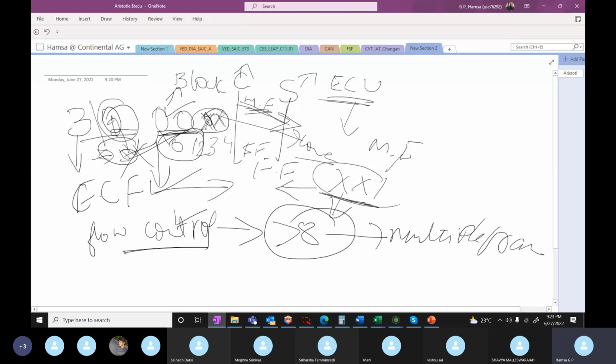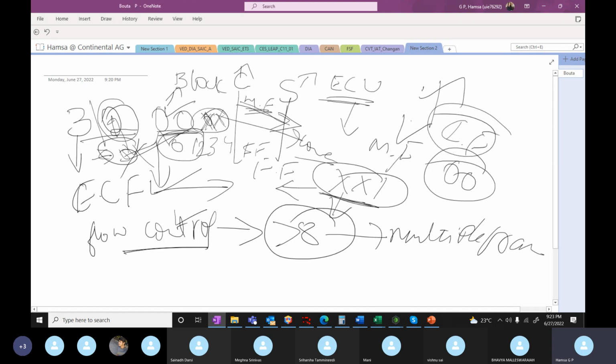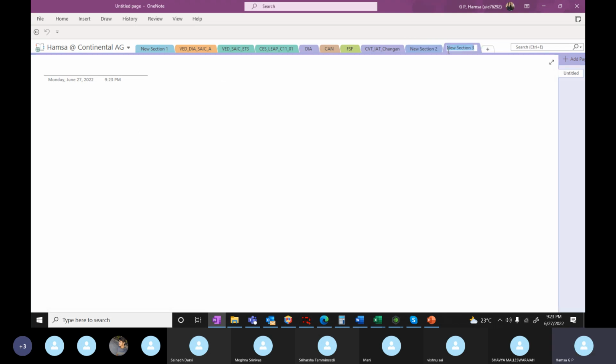If the block size is 00, you don't have to wait for the next flow control. You can send all the consecutive frames, however many you have. Clear? Yes. So the next byte in the flow control 3000